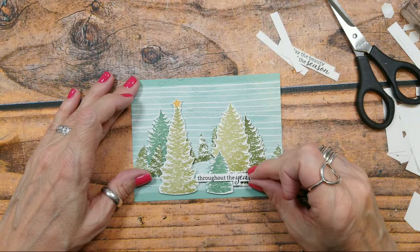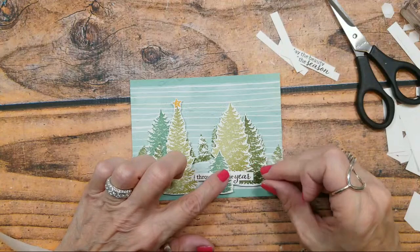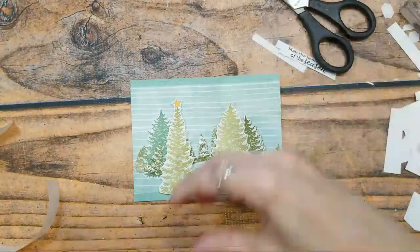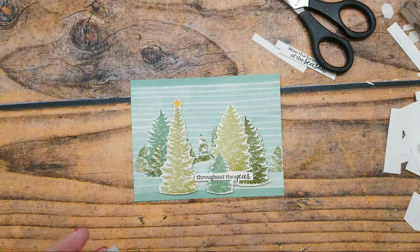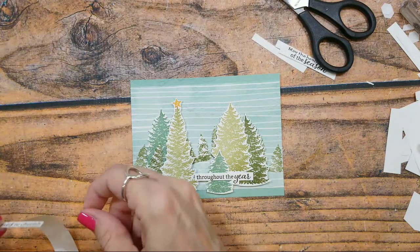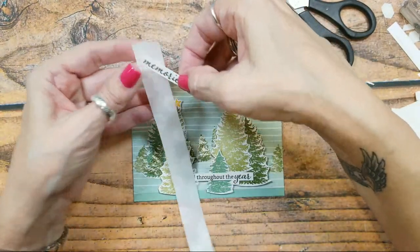All right, so this is going to go throughout the year. And then we're just going to work our way up. So the next one we need to find is memories to cherish. And I'm just using glue dots to put them all on. Oop, that one's on my fingernail. And they love fingernail polish. Maybe I should, this is what I'll do. Hang on a minute. I'm going to put all of these on here